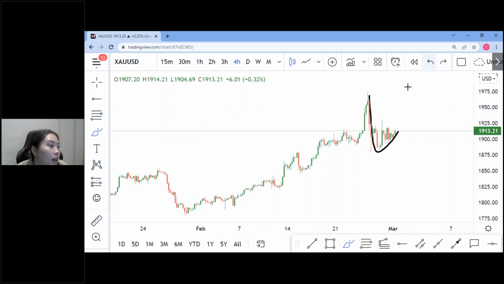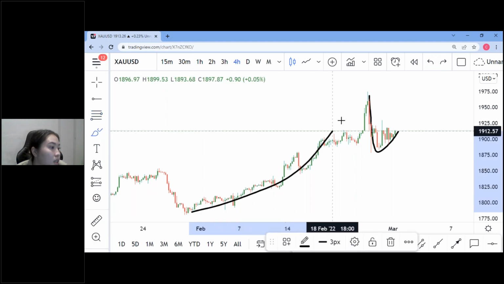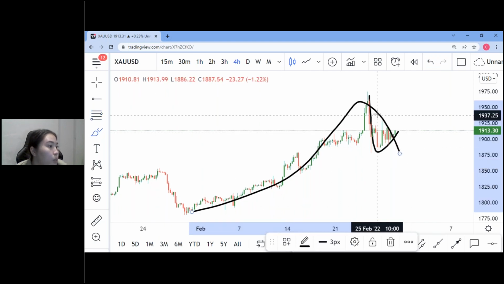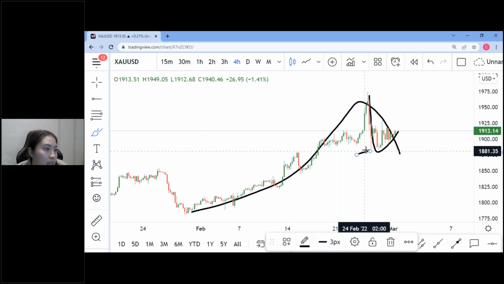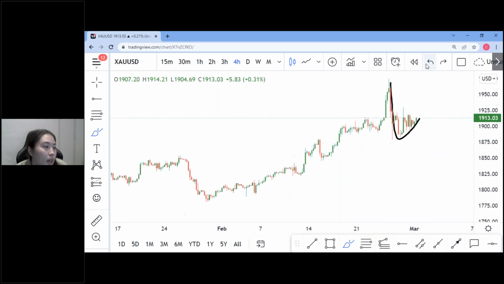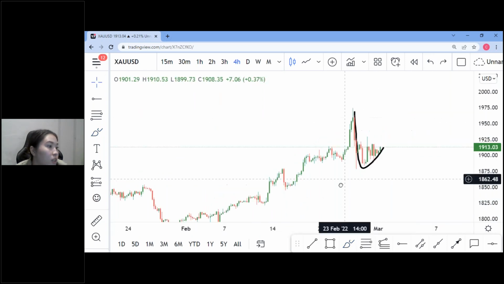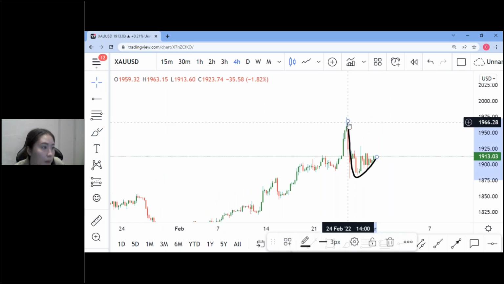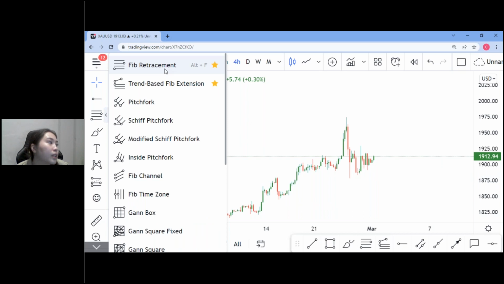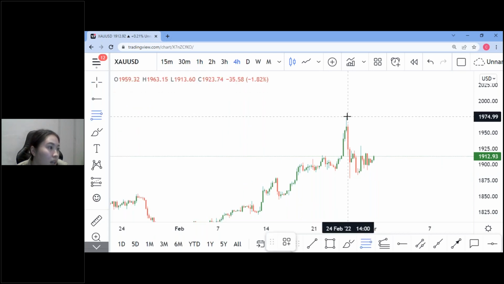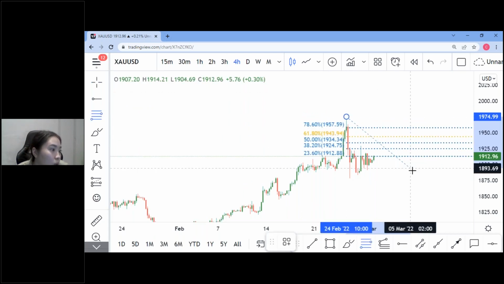Now that this is not relevant anymore, because if we take this Fibonacci retracement, price actually already came to the 50% and reversed from here. So right now, we are trying to forecast where price is going to go from here. We have identified our Fibonacci retracement here. We're going to grab our Fibonacci retracement tool from the swing high and pull to the swing low.